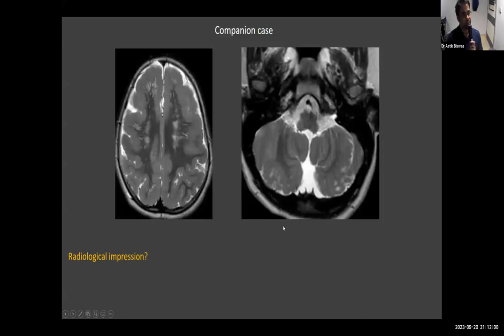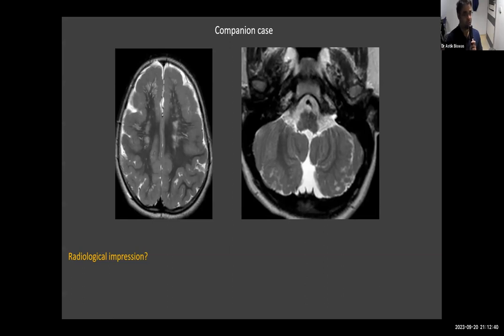This is a companion case, and I show this because this is a bit difficult. I was not able to confidently say whether this is polymicrogyria or cobblestone. If I had to choose between the two, I would say maybe just on the appearance, it is cobblestone. But again, it's difficult, and these are the kind of cases where it's okay if you're not able to differentiate it. We can label it as PMG cobblestone spectrum or PMG cobblestone-like malformation. The important features here, however, are